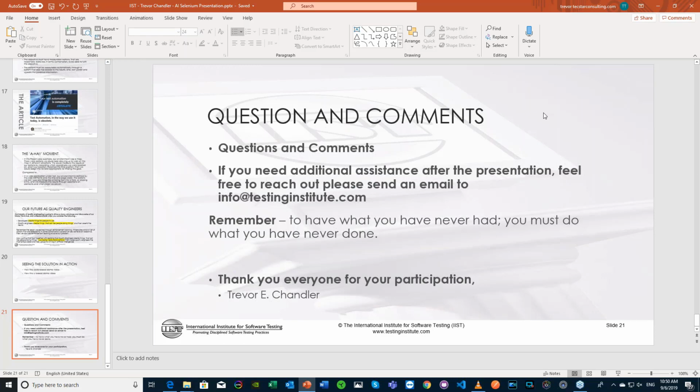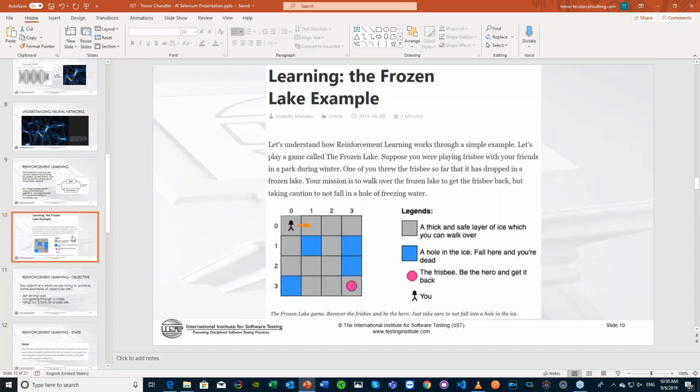I see a question here from Jyoti saying, what courses would you recommend to automation testers to start with AI? I would recommend first that you do a basic Python tutorial, so you have a basic understanding, since that is the most popular language. The second thing I would do is the frozen lake example. Now that you understand the correlations between reinforcement learning and solving a maze, and how that's the same thing as interacting with a web form, the frozen lake will teach you